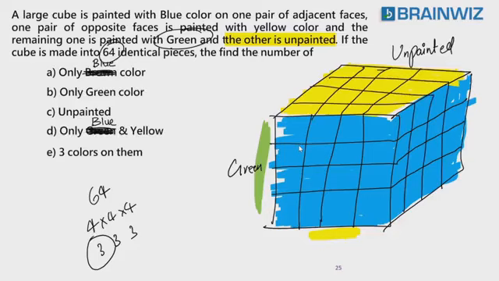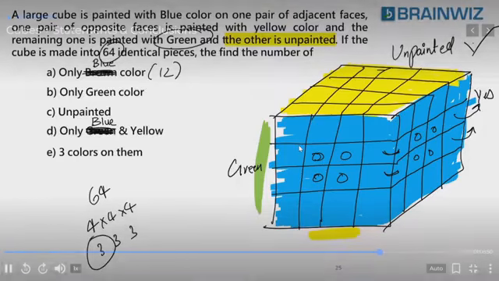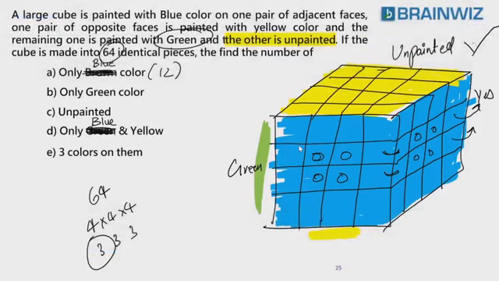The first one, only blue. Only blue. 1, 2, 3, 4, 5, 6, 7, 8, 9, 10. Can take this one? No. Why no? Because it has a touch of green. This one? No. Touch. Understood, Subhashmita? Answer is not 10. Answer is 12. Everybody, backside, unpainted. This one also you should take.